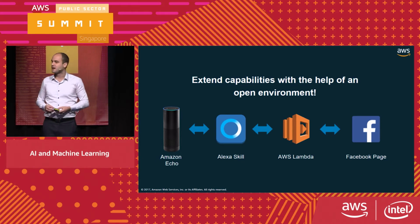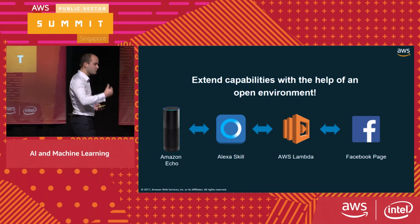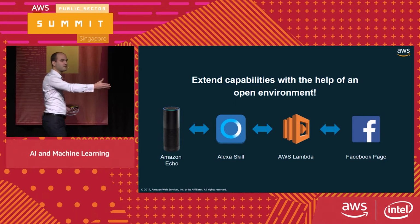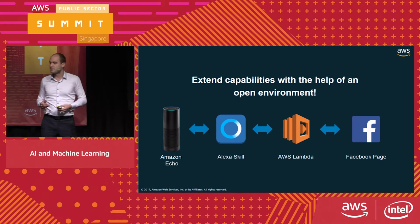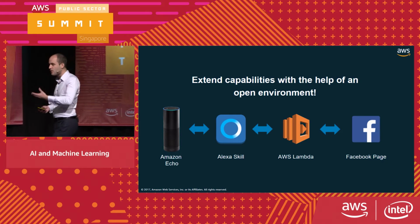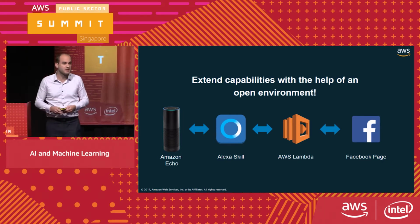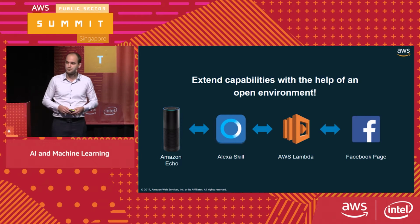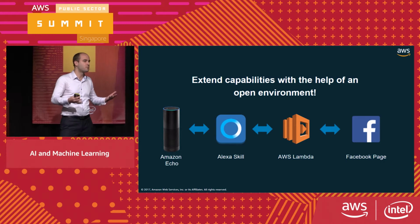an Alexa skill. So the way it works is when we create an Alexa skill, it will talk to a certain backend. Think about it like a web server that it talks to. One place that we can do that is with the serverless concept. I can run my piece of code, for example, in an AWS Lambda function, and then extend the capabilities of what Alexa can do. So I figured, wouldn't it be fun if I connected to another open API, like, for